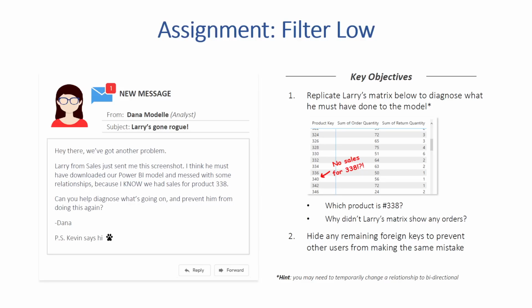Hi guys, let's try to do an assignment today for the filter flow. Anytime you open the Power BI report, one product suddenly shows zero sales, but you know the data exists. In this video, I will solve a real-time Power BI assignment and uncover how filter flow and a relationship silently